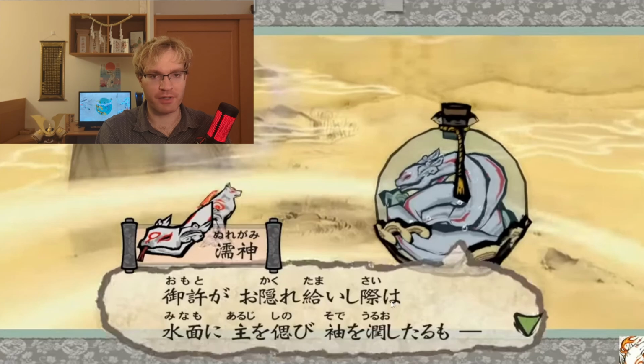Wa is the topic marker, okay? So the rest of this clause, the rest of this sentence, I guess you could say, is all revolving around this whole thing, this whole o-kakure tamai shi sai wa, when you honorifically hid yourself. Everything that comes after is in regards to this whole clause, okay? Which is really long, and I apologize if I'm breaking this down a little too much for your interest. However, I just want to make sure you guys know how this is working. So in regards to you passing away, minamo ni aruji o shinobi, okay?